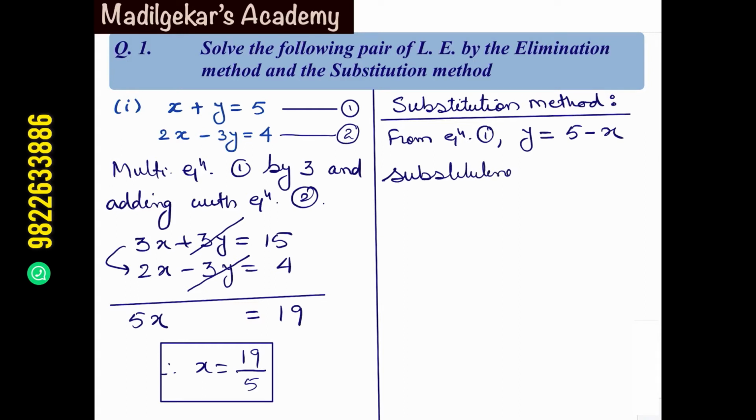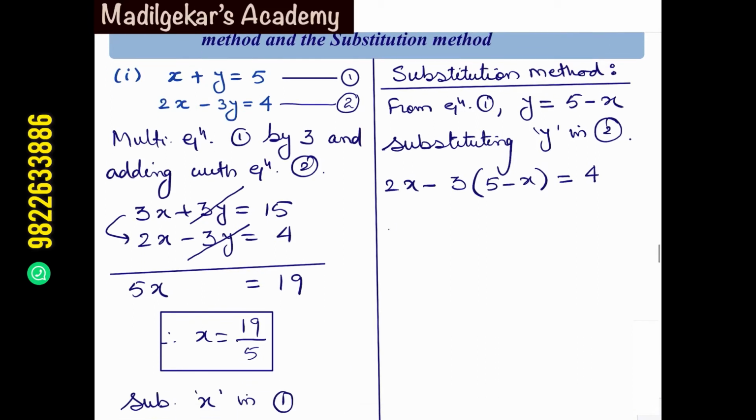Substituting this value of y in equation 2: 2x minus 3 into (5 minus x) equals 4. That is 2x minus 15 plus 3x equals 4. That is 5x equals 19. Means x is